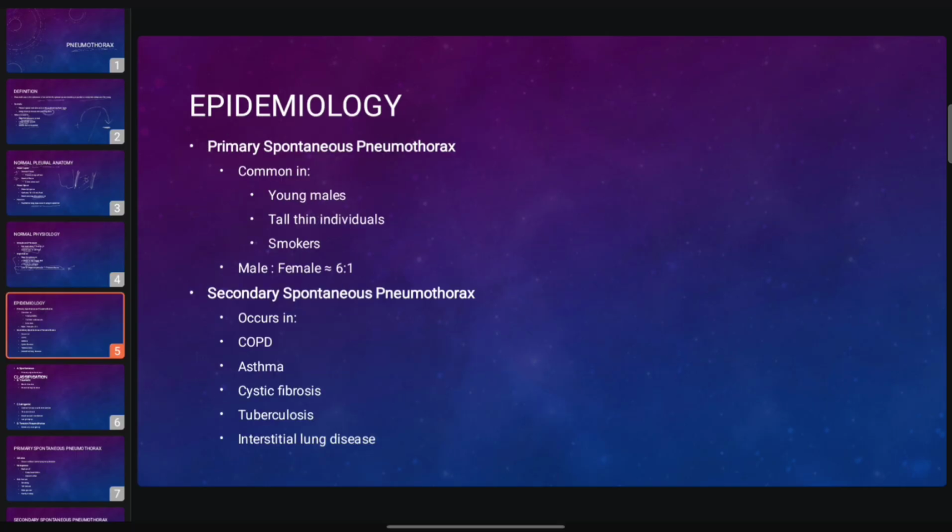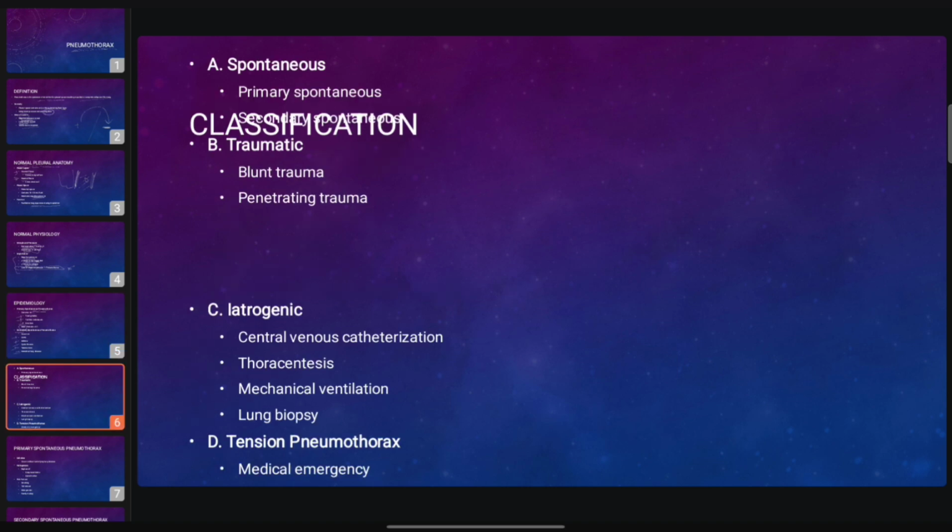And if we talk about the epidemiology, the primary spontaneous pneumothorax is common in young males, thin, tall individuals, smokers, and its incidence is more in males. When we talk about the secondary, it is common in COPD, asthma, cystic fibrosis, TB, and interstitial lung disease. Now we talk about the